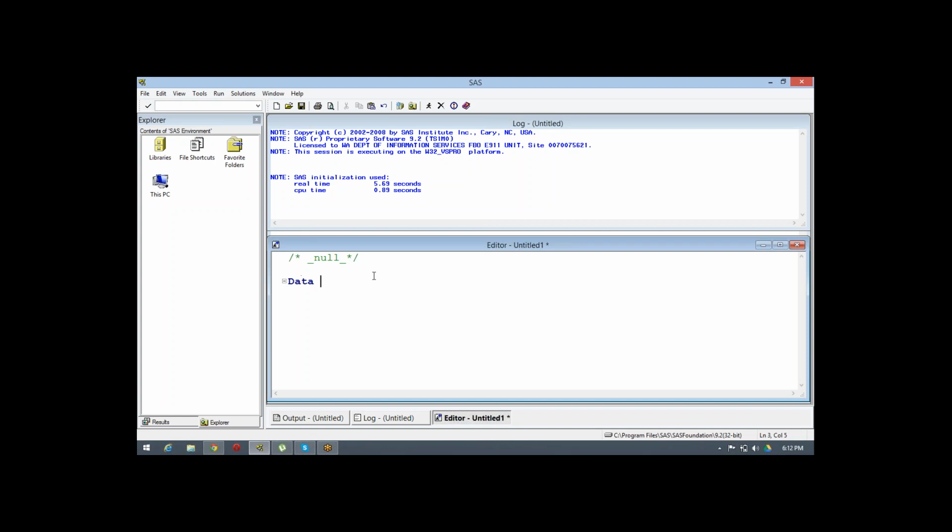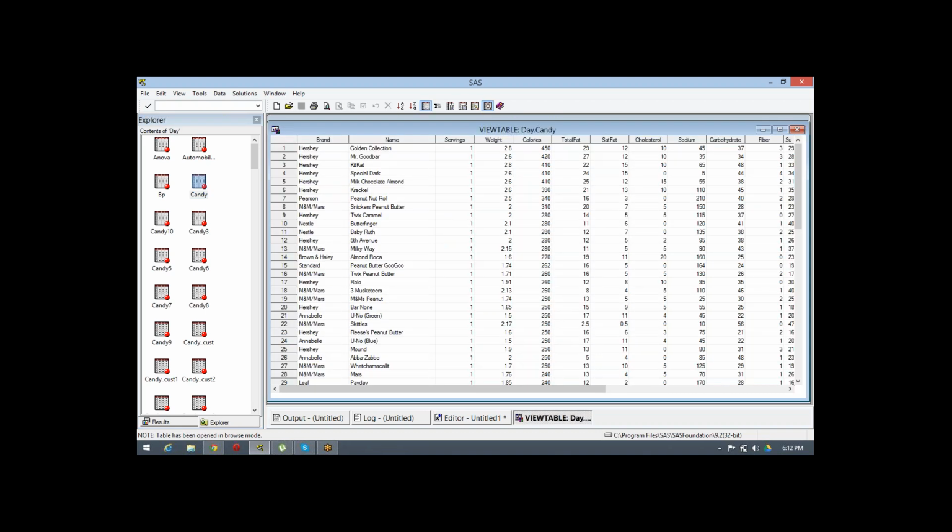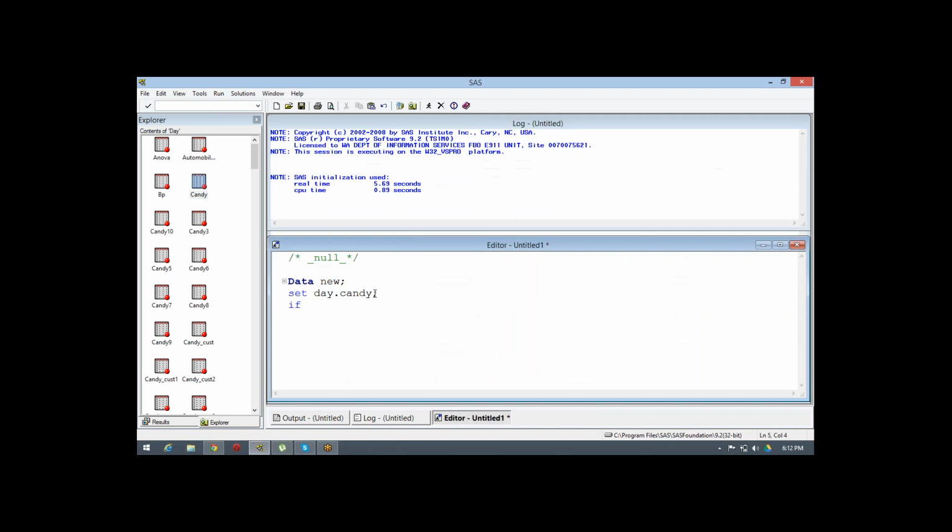So let's suppose I am making a new dataset with reference to set day.candy. Candy already exists in my dataset. Let's suppose I'm only talking about this particular brand, Hershey, and I'm extracting only how many Hershey's there are.